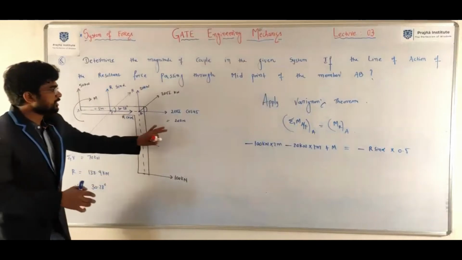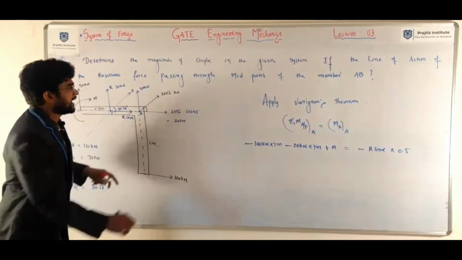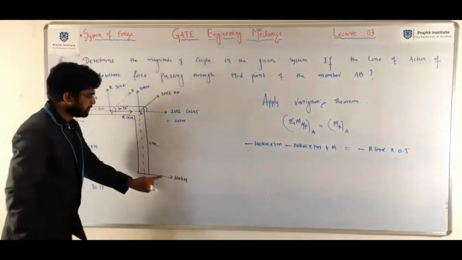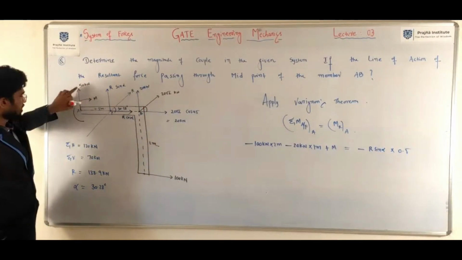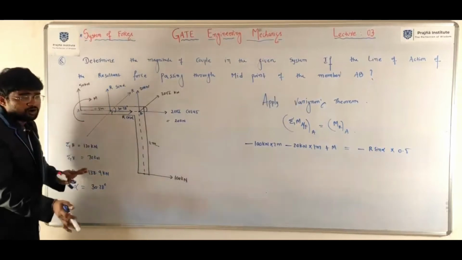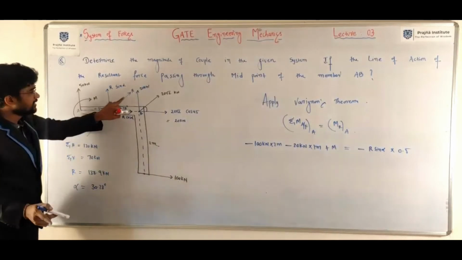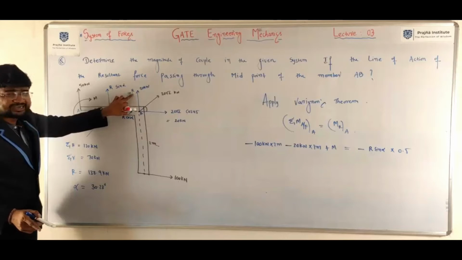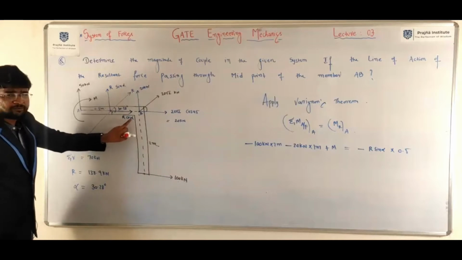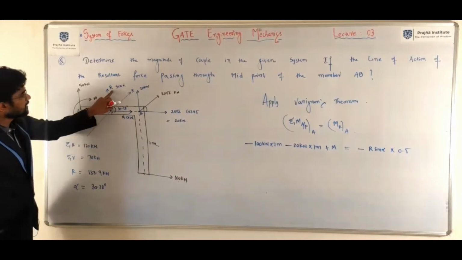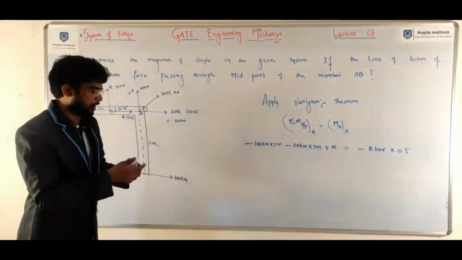First, you need to focus on the whole system of forces: 100 kilonewton, 20 root 2, either you can take the resultant or components. 100 kilonewton, 20 kilonewton, 20 kilonewton. Next, 50 kilonewton and the moment. The moment of all the forces about this point is equivalent to the moment of the resultant force. Here also, either you take the resultant or the components. Now I am taking components. Moment of R cos alpha about this point is 0. Moment of R sin alpha about this point is anti-clockwise, that is why minus R sin alpha into 0.5.